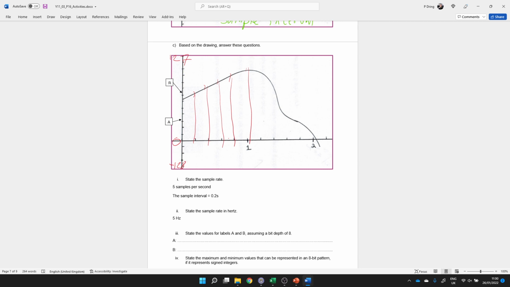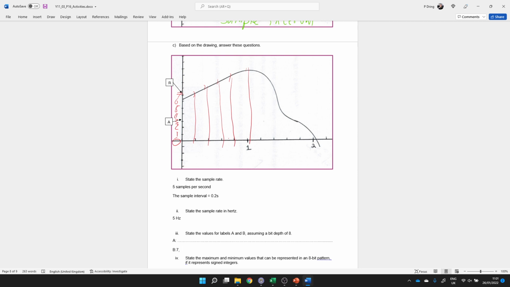So I'd made some assumptions on the data here. I'd assumed that the top of the graph was the maximum value and the bottom of the graph was the minimum value, whereas actually the answers assume that each tick on here is 1. So that tick is 1, that's 2, that's 3, that's 4, 5, 6, and 7. So for B, in denary, that's 7,